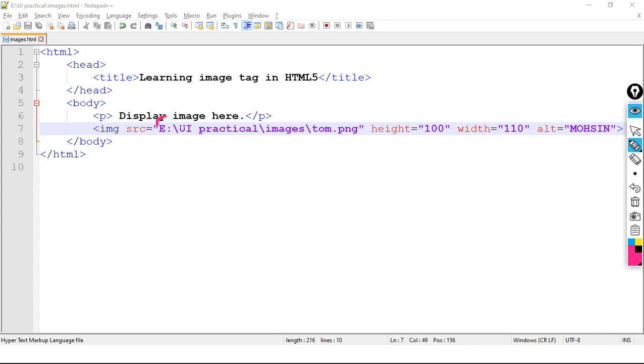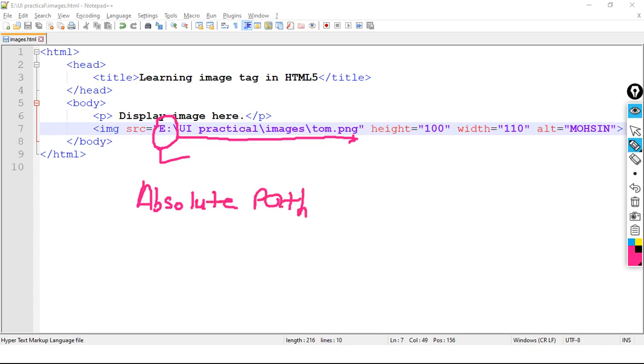What is the root directory? E is the root directory. From the root directory I am giving the complete path. That's why this is absolute path. Understood?